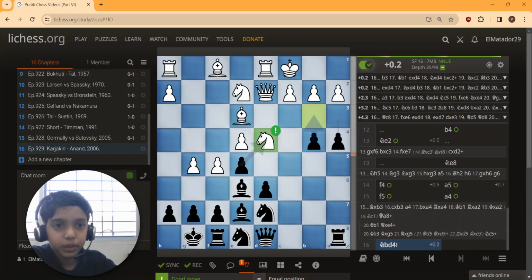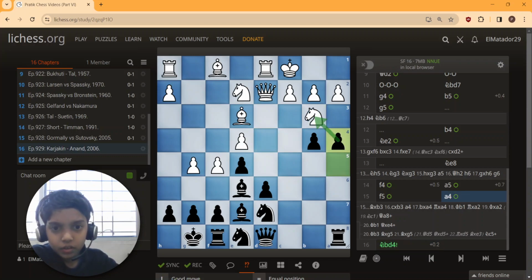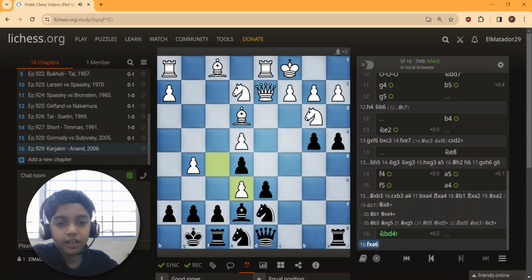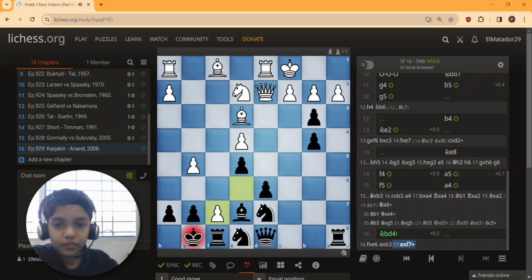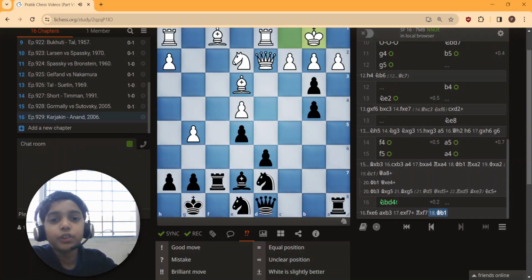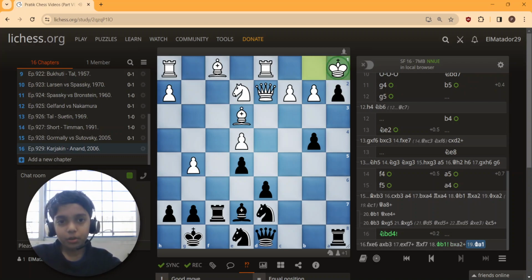So knight b d4 is played. And now after knight b d4, first we need to see that f into e6, why we don't play f into e6. Okay, f into e6 is also playable, but here a into b3, e into f7 check, rook into f7. And now comes this awesome move. You should pause the video and think. King to b1, just neglecting the thing that the a2 pawn is under attack, because if you take with the